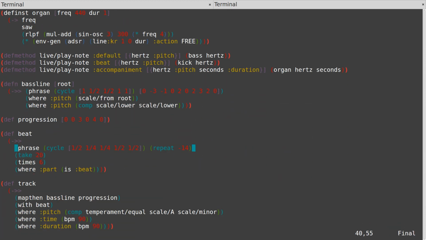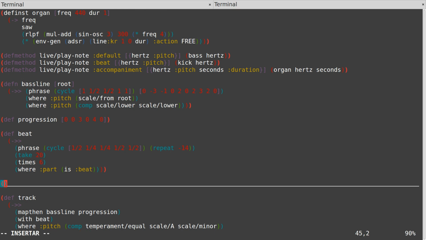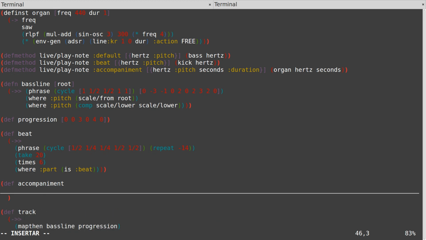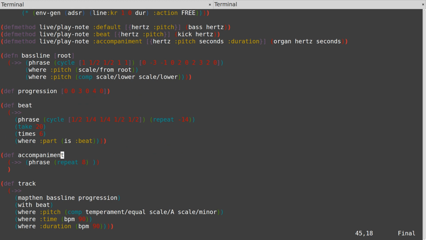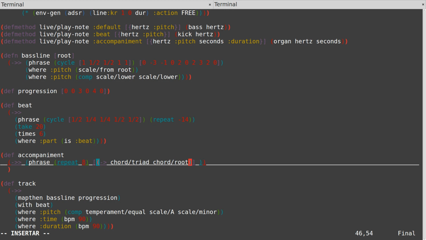Now we need to define a part, and this is okay, I guess, to call the accompaniment. And this is going to be composed of a phrase of repeating 8 notes. Well, actually, probably we want the accompaniment to repeat 8 notes and to be a chord, triad, chord, root,